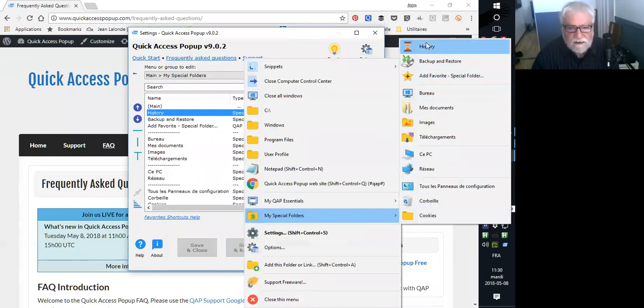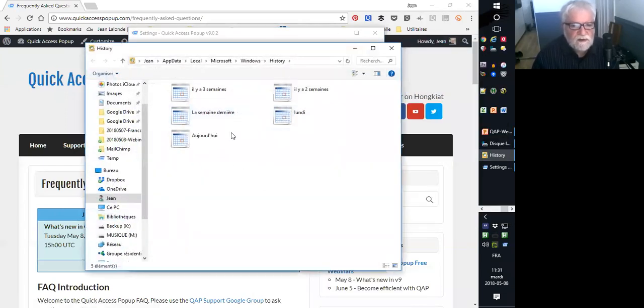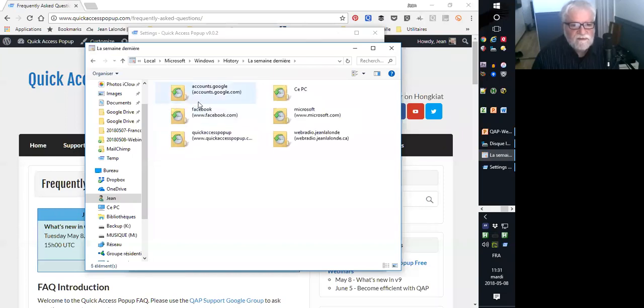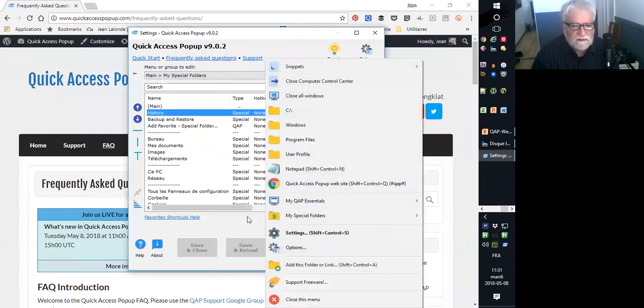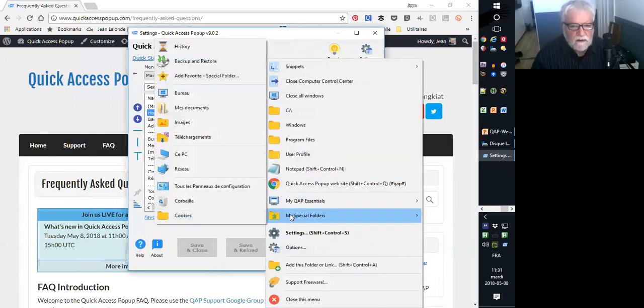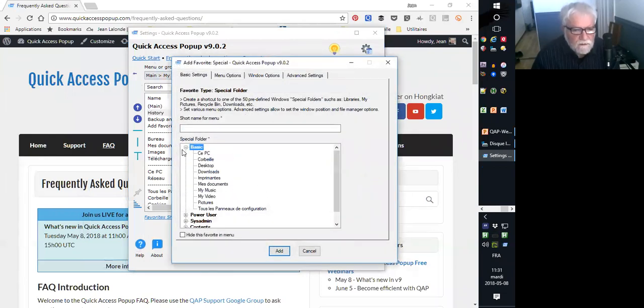It's been added at the top because it is my default actually. So history will show you a list of what has been changed on your computer today, the day before, the week before, and so you see things there. I didn't use it, but I think that power users or sysadmins could see the value in this folder. And finally, if we return to add favorite here, we have a group of system folders for content,